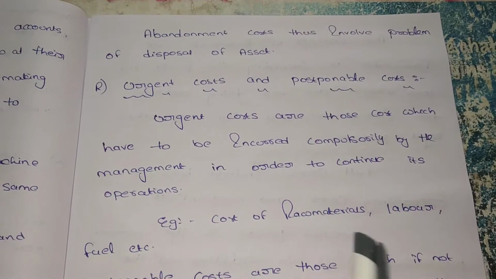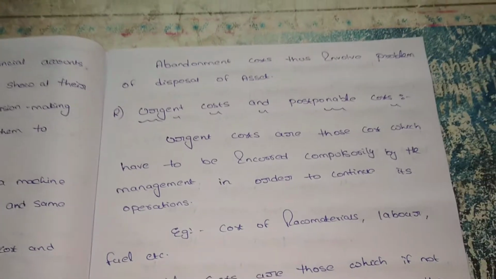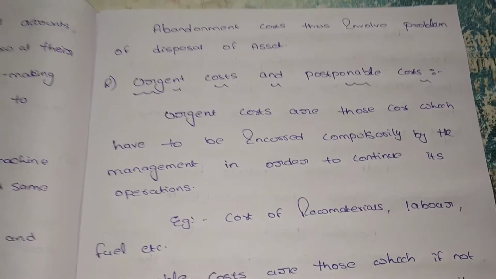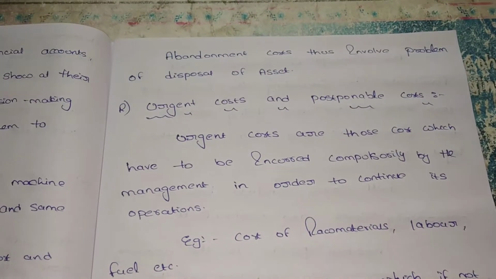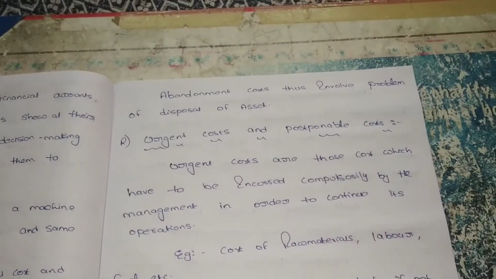Example, cost of raw materials, labor, fuel, etc. Suppose we are producing some product. For the production of the product we require raw materials, we have to pay wages to the labor, and we have to give money for the fuel when running the machinery. These types of cost are